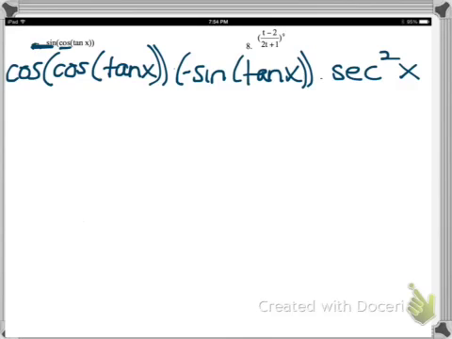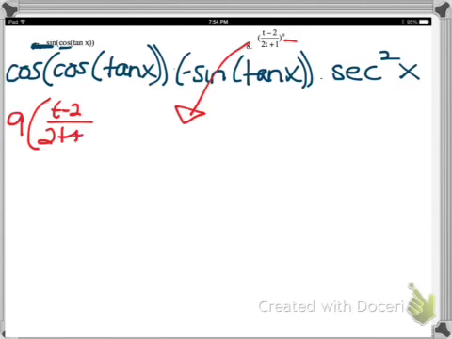Okay. Number 8, I'll just do below that since I ran out of room. So number 8, see down here. Okay, the outside function would be what? To the 9th power. So now that this is the whole fraction to the 9th power, the first thing I'd do is bring the 9 down, and then I'd have the fraction t minus 2 over 2t plus 1 to the 8th power, times the derivative of the inside,